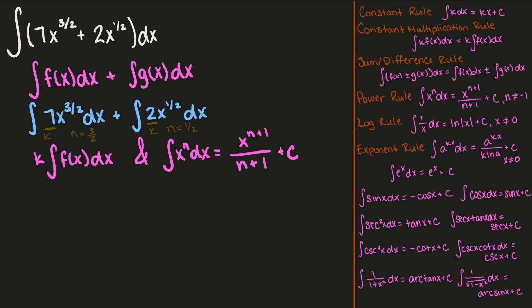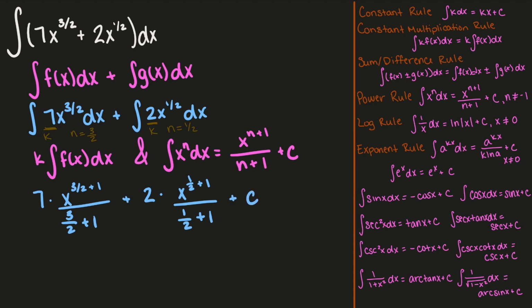So we're able to start to solve this. We'll take our 7 and pull that to the outside, times x to the 3 over 2 plus 1 over 3 over 2 plus 1 power, plus 2 on the outside times x to the 1/2 plus 1 over 1/2 plus 1 power, all of that plus c. So we can simplify our fractions. That'll give us 7x to the 5/2 power over 5 over 2